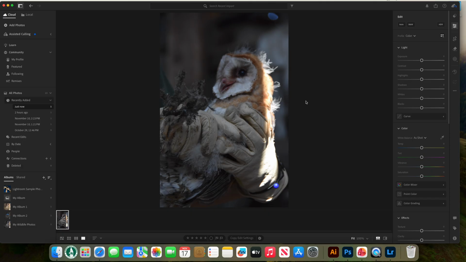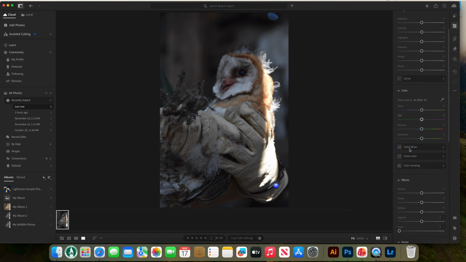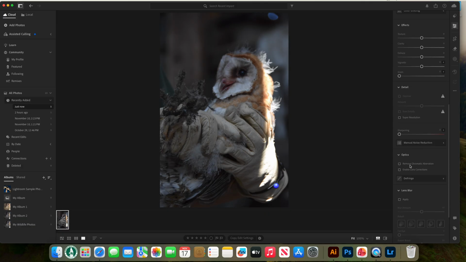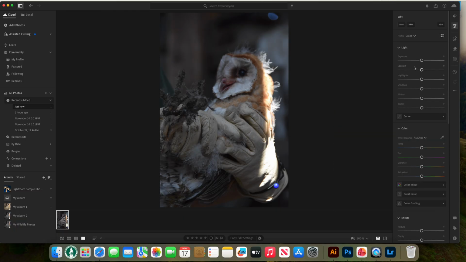So the editing portion is up to you. This is assuming that you have already learned to edit a bit in Adobe Lightroom, but otherwise it's pretty easy. There are these 6 tabs in the right-hand side of the window. You can do some light adjustments, color adjustments, change some effects, and there's plenty of different capabilities for editing your photos. So let's just assume that we're going to edit our photo, maybe turn the exposure up, contrast a bit,